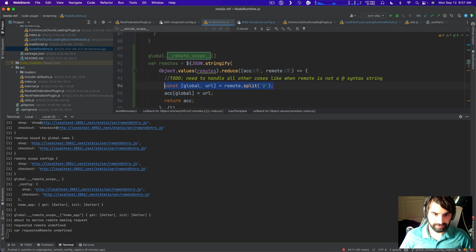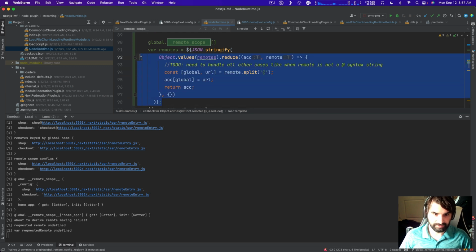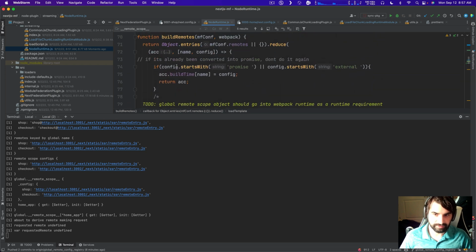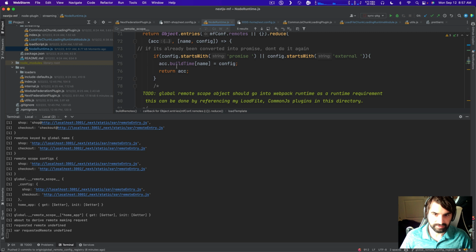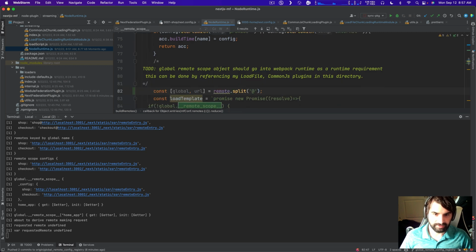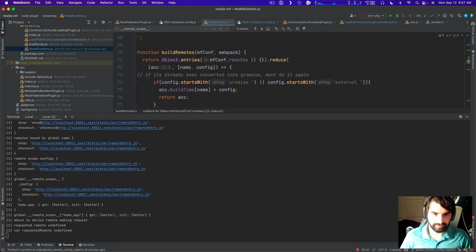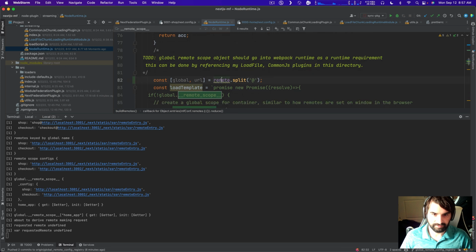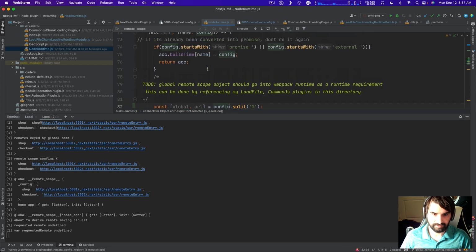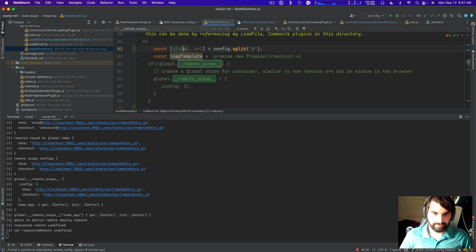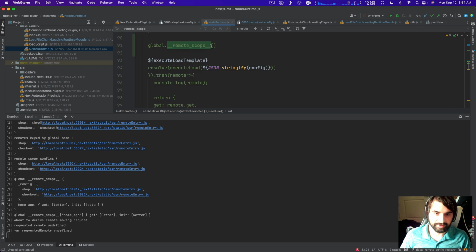So I need to split this to get what I need out of it. So I'm going to get rid of that since I don't need most of it. I'm going to go up before the load template exists. Bail out if it's already that. And then here I would be getting it off of the config. Yeah. Global and URL, and then in here I would be saying